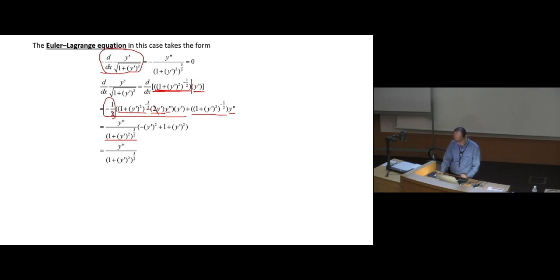For the second one, I have this y double dot, right? I have this one. But here is only minus 1 over 2, right? But here I put those denominator as 3 over 2. So therefore, in the numerator, I should keep 1 plus y dot square over this 1 plus y dot square, right, to the power of 3 over 2. That will give you this one, minus 1 over 2. Is that clear? Okay. And this one cancelled out. So essentially we get this.